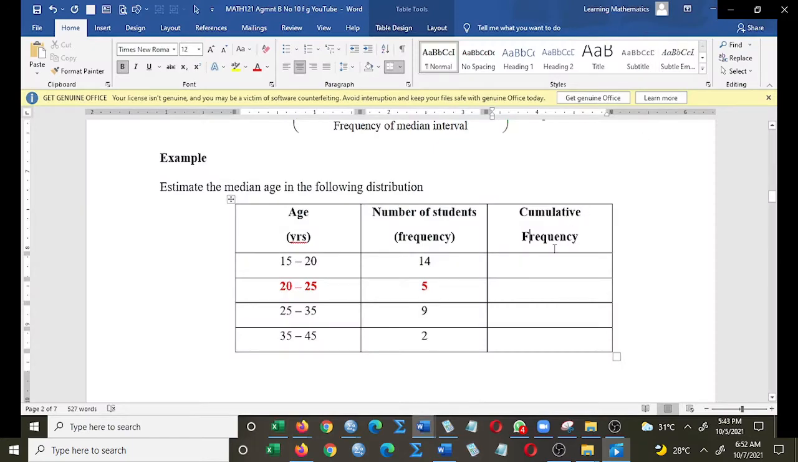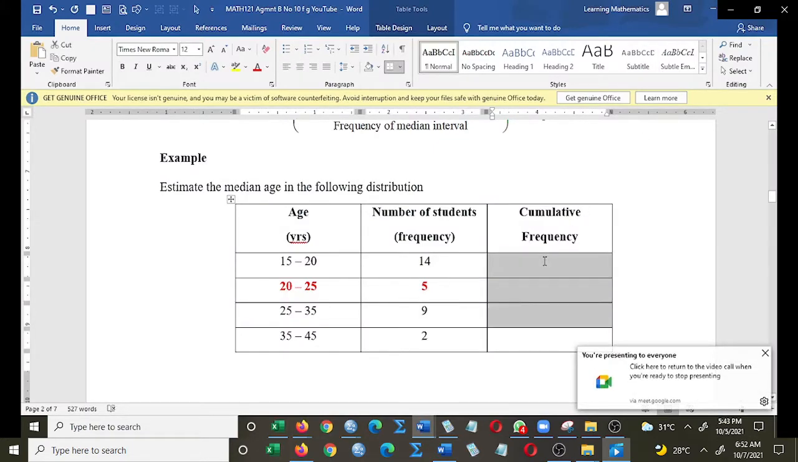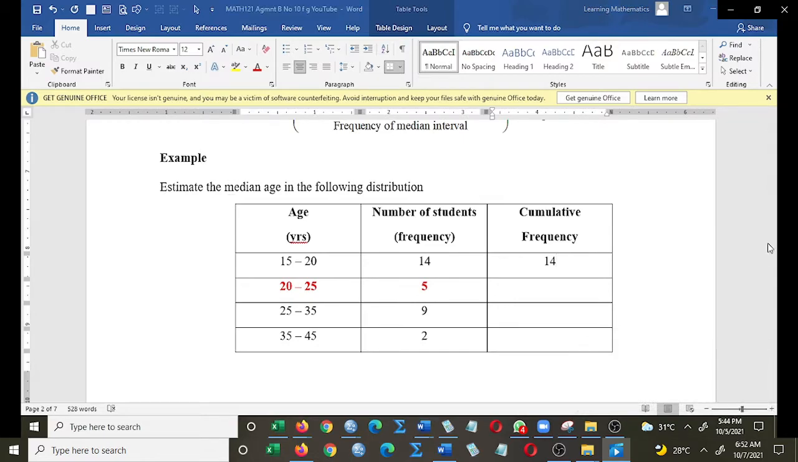We have cumulative frequencies already. Cumulate means to add. So therefore now we're starting with 14. Just carry forward that 14. We carry 14. Now if we look at the instructions,